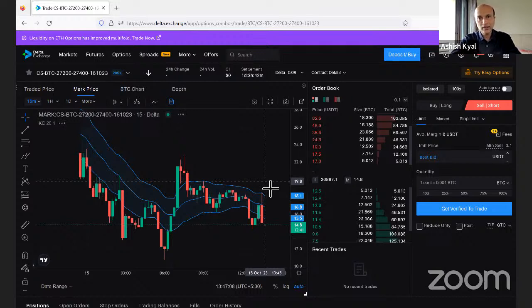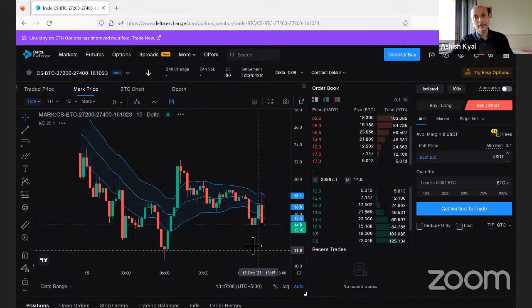This way you can club your option strategy with Bitcoin and take these trades. Last time we took a trade and it went fantastic. In the same way, if you look at the basis of the Keltner channel, it went above the channel, it went below, and now it is again acting as a hurdle. The upside hurdle is at the upper end and it is working fantastic. The lower end of the band is getting broken and prices are again moving down. So I think we can make money by selling this.